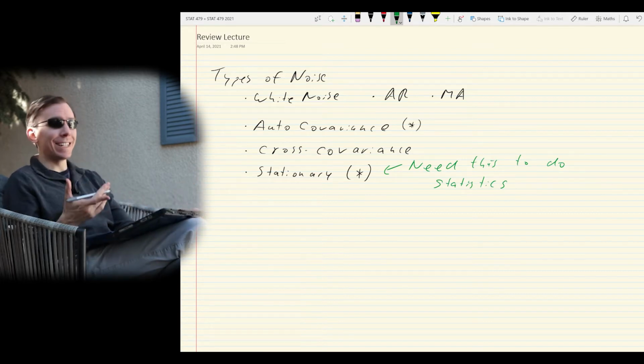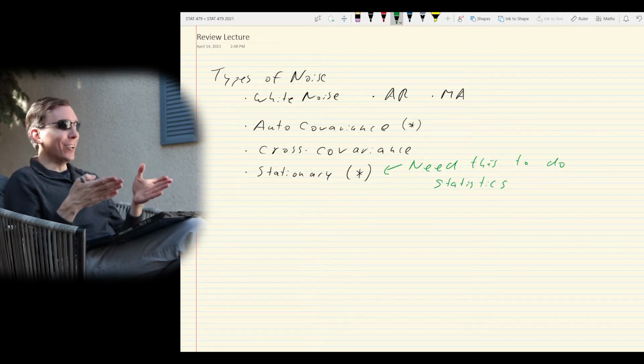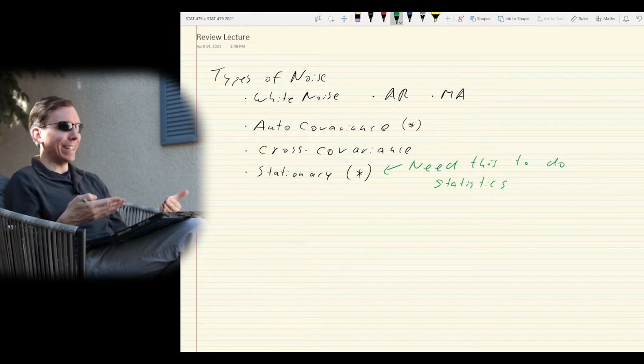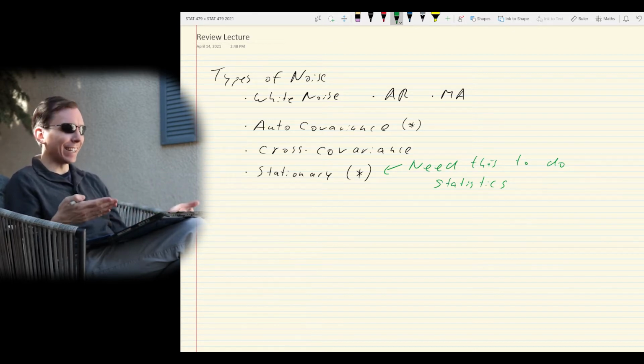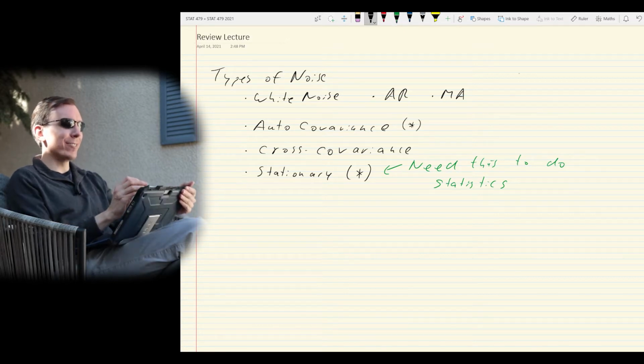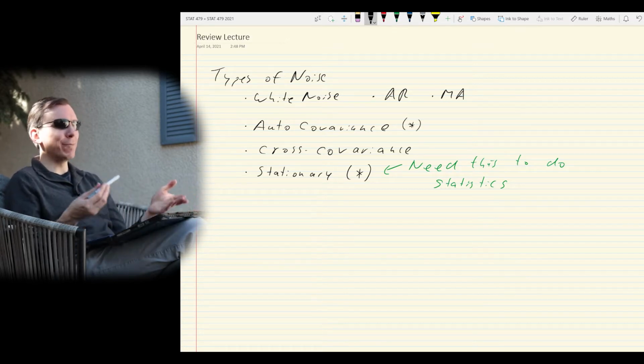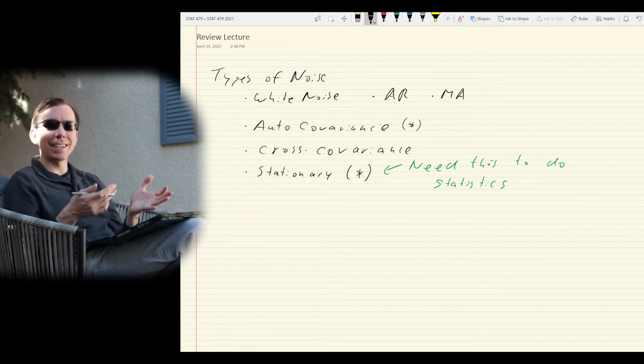Because we can only do statistics if we know that the thing we're trying to estimate is not changing. If the thing we're trying to estimate is changing, then we can't do statistics. We can't take a sample mean if the mean is changing throughout time. It's not going to work. The same with the autocovariance. We can only really estimate